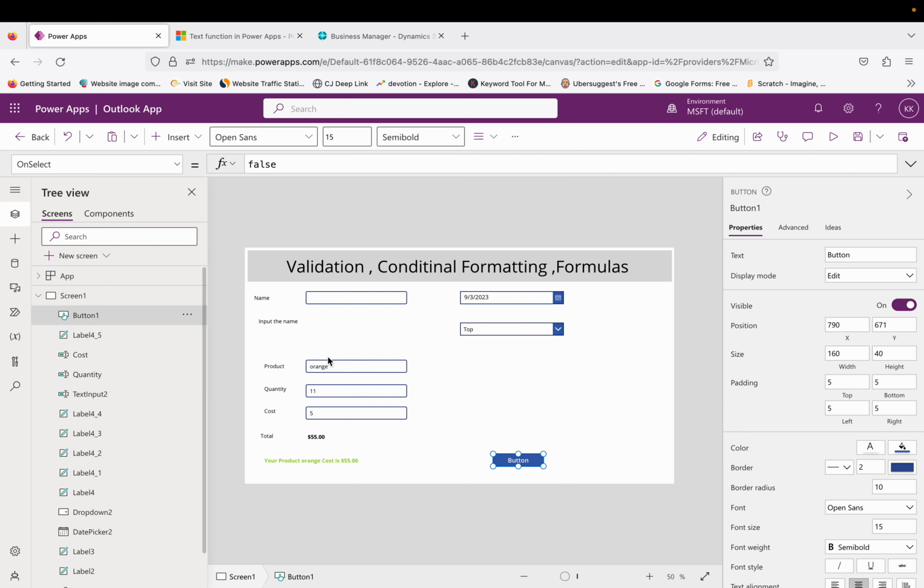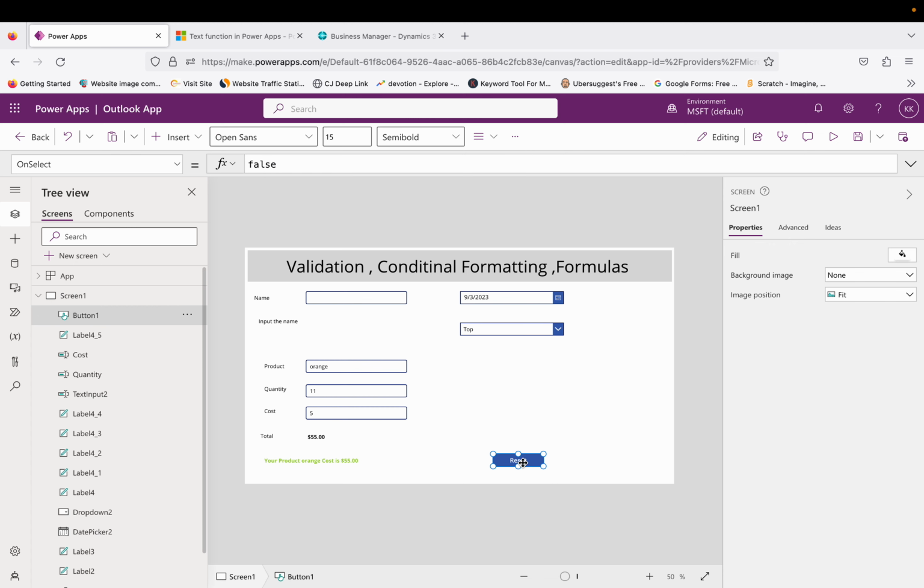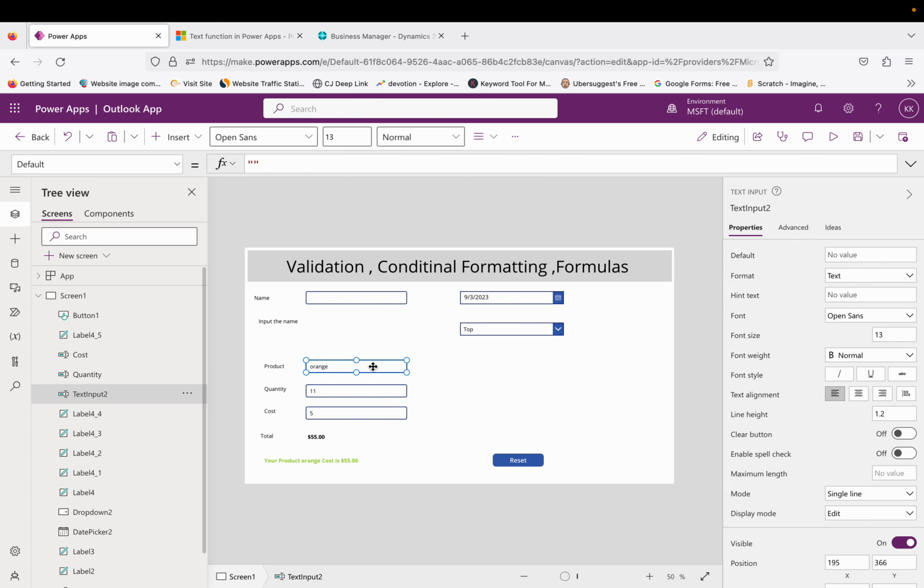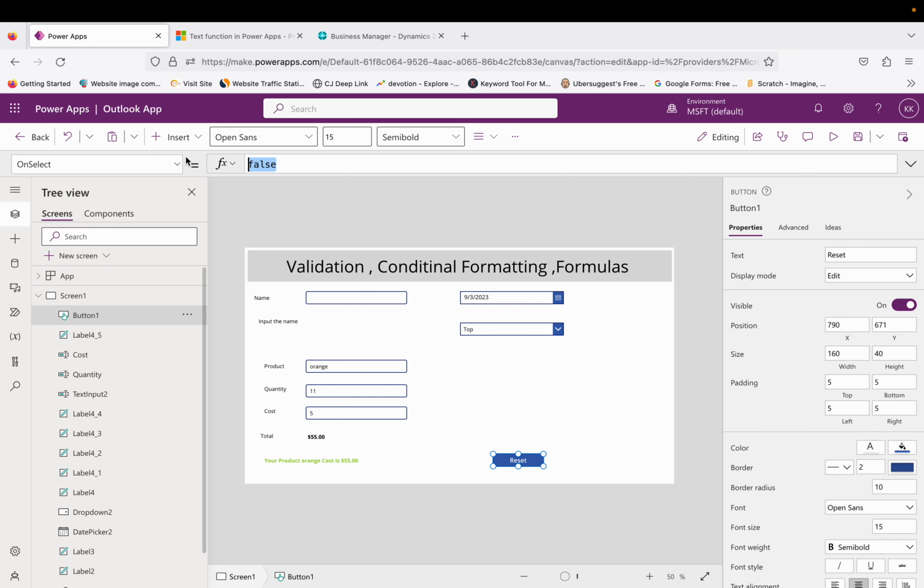Like I don't want to manually delete everything here in my multiple controls. Okay, I want that I should click a button which will reset everything. So first of all, let me change the text of this button with the text called reset. Okay, so now the one thing is, like, if you know the name of your control, like text input 2, the quantity, the cost, okay, so we can use this reset function,